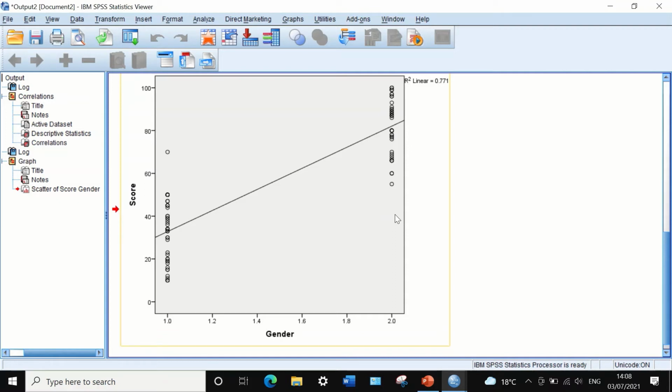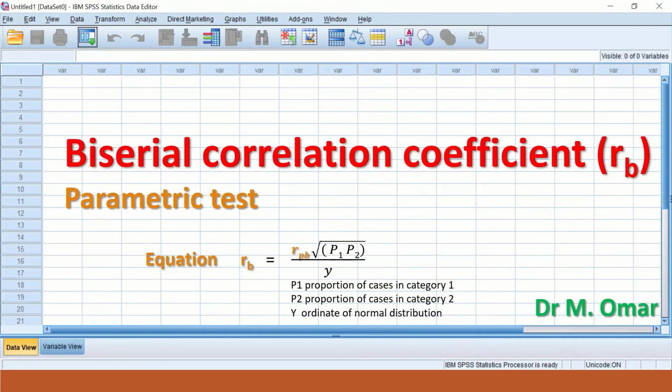One of these variables is discrete dichotomous, and the other one is a continuous variable. The way to do that is to do a point-biserial correlation coefficient based on the Pearson equation or Pearson method. Biserial correlation coefficient is one of the statistical tests in SPSS that can be used to measure the relationship between two variables, two groups of data,